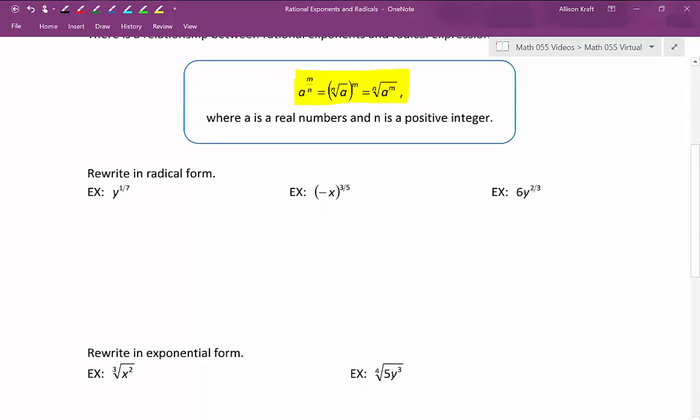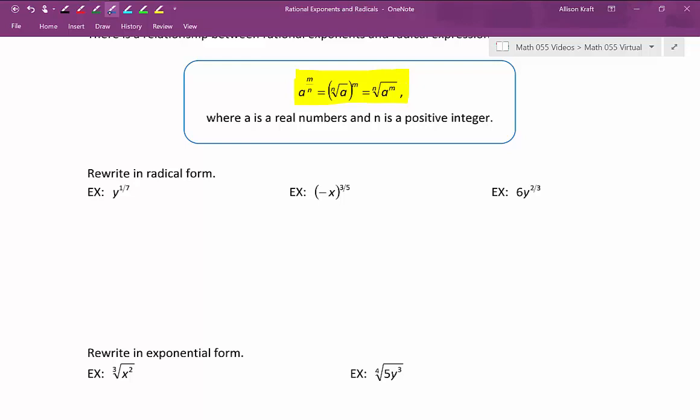Let's start by just practicing going back and forth between the notations. We want to rewrite these first three examples in radical form. First up is y raised to the 1/7 power. Notice in that